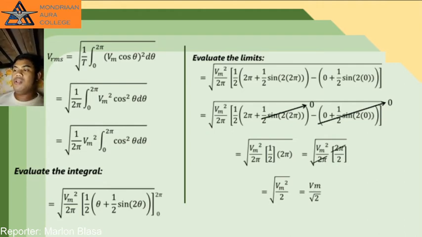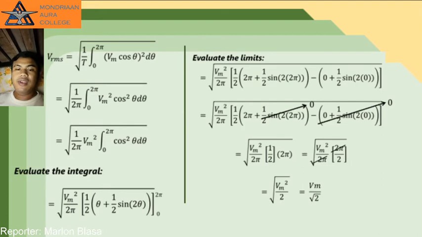So, yung susunod natin equation is square root of Vm squared over 2 pi times 2 pi over 2. So, cancel out natin si 2 pi. Ang kalalabasan niya ay square root of Vm squared over 2 or Vm over the square root of 2